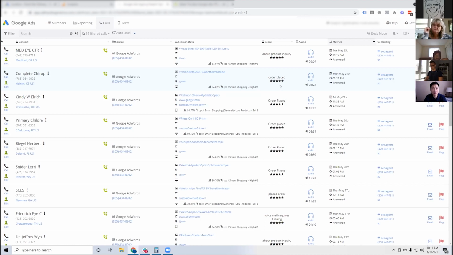When you're running target ROAS, it needs to see the ROAS. And a phone call doesn't give Google the ROAS. It just gives it a conversion with 0 value. You didn't meet your deadline that day. So spend less. So to make sure that you can capture all monetary value and import that back into Google